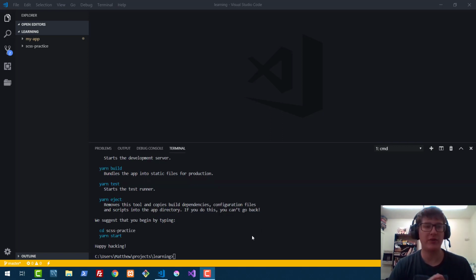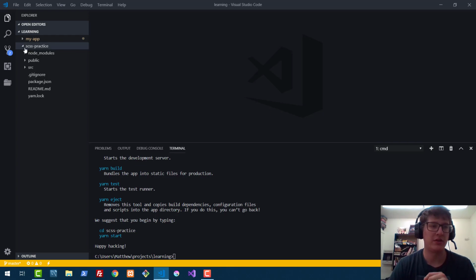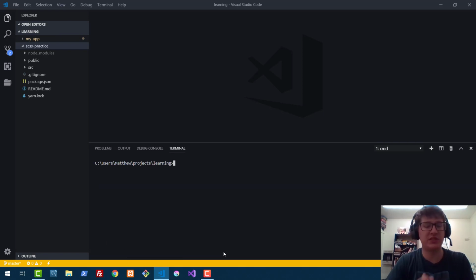Alright, we now have our new app created with React all set up inside of it for us using that create React app command. I'm going to go ahead and clear the terminal using CLS, and now we're going to want to dive into that new project that we just created. So we're going to use the cd command to do that, and now we're just going to use npm to install